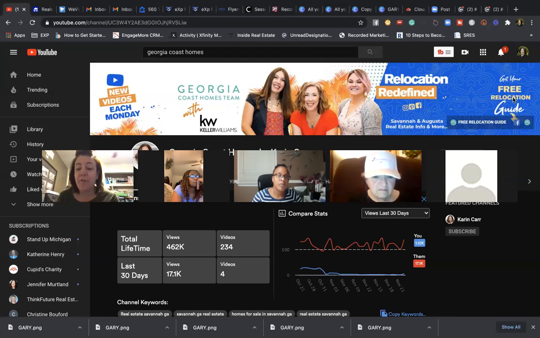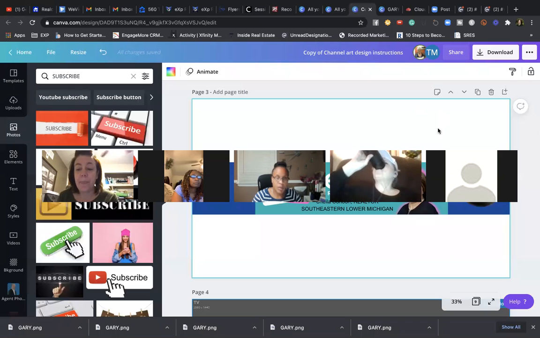And then if you look over here on the right-hand side, she did something really creative. She said, get your free relocation guide here. And she pointed down, which is really smart, she pointed down to the section where they could click on these things. So if we go back to ours,